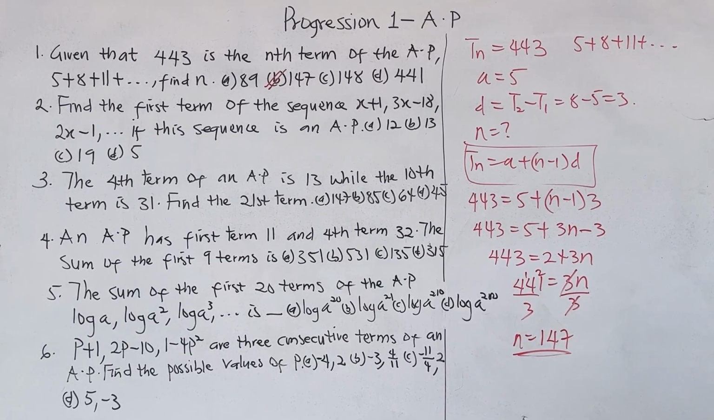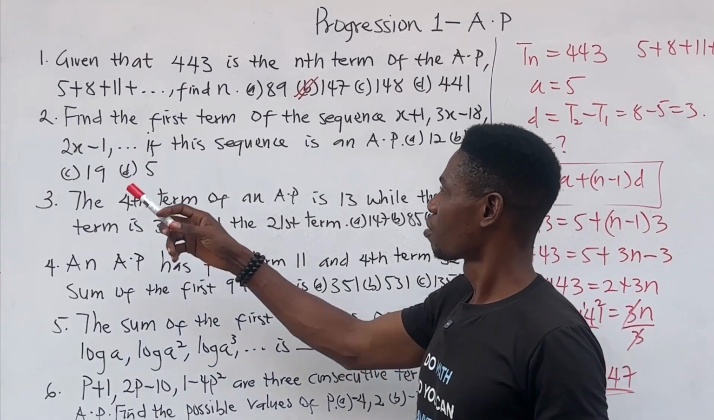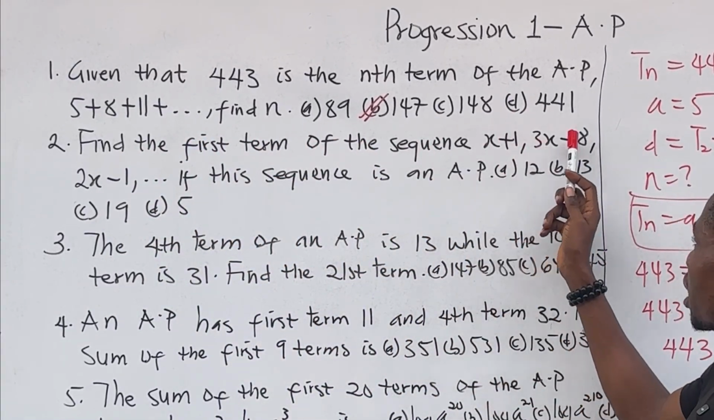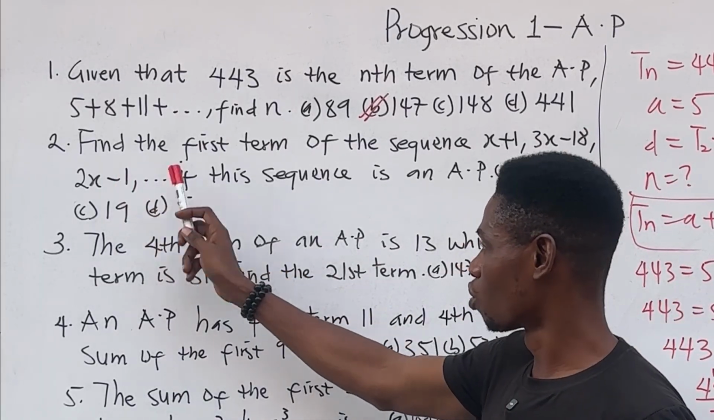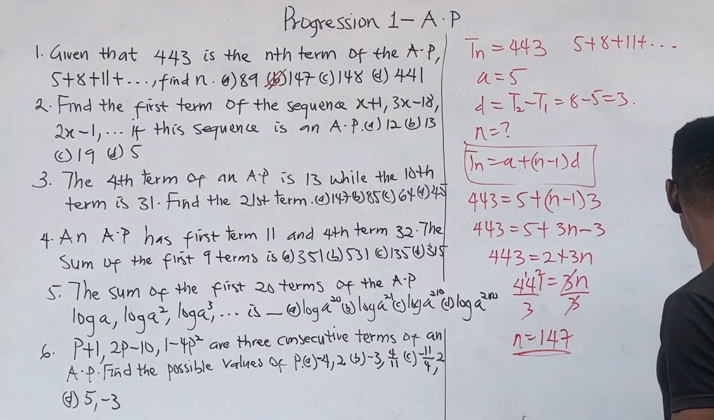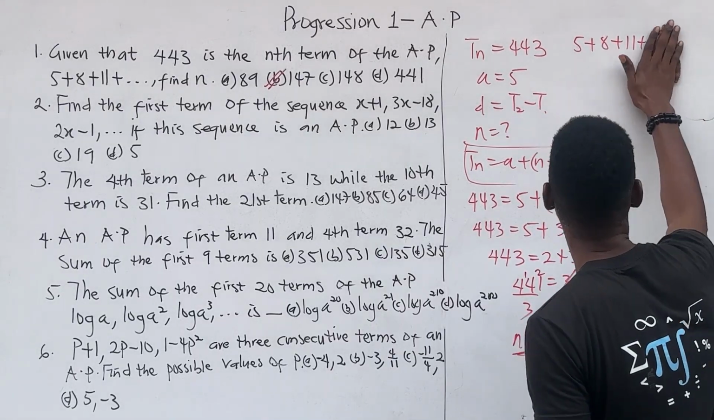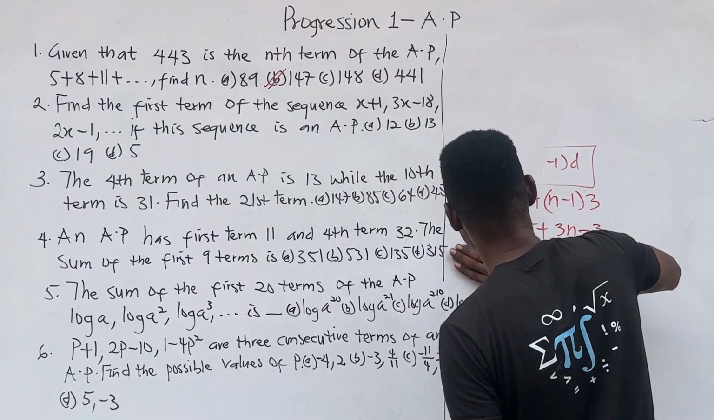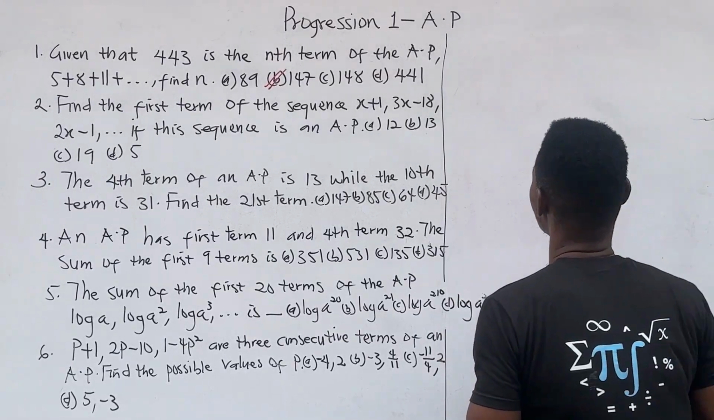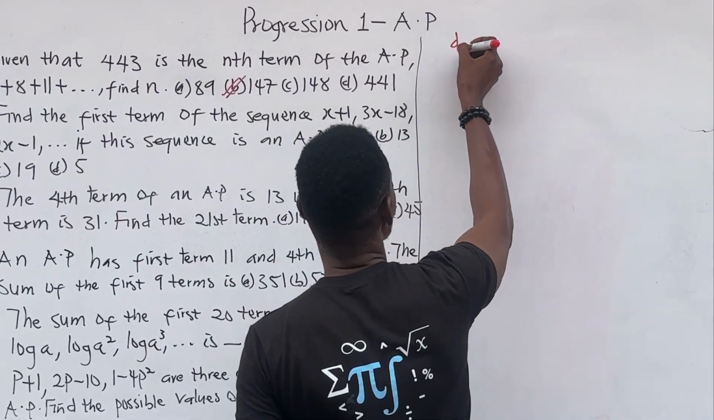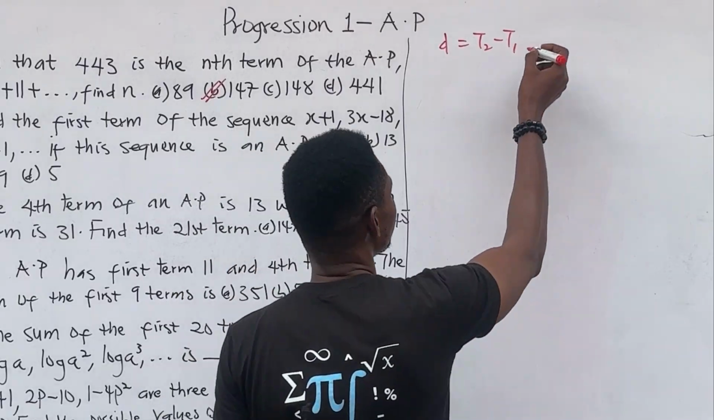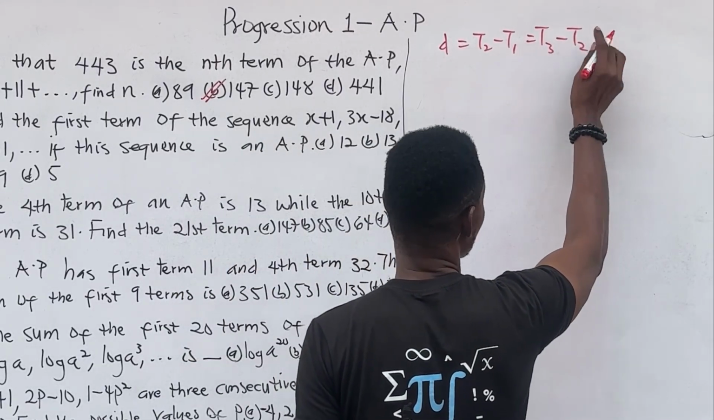Now let's see number 2. Number 2 says, find the first term of the sequence x plus 1, 3x minus 18, 2x minus 1, and so on, if this sequence is an AP. I believe we'll know what an AP is. Now, in an AP, you have a common difference. And that common difference is T2 minus T1, which is the same as T3 minus T2, and so on